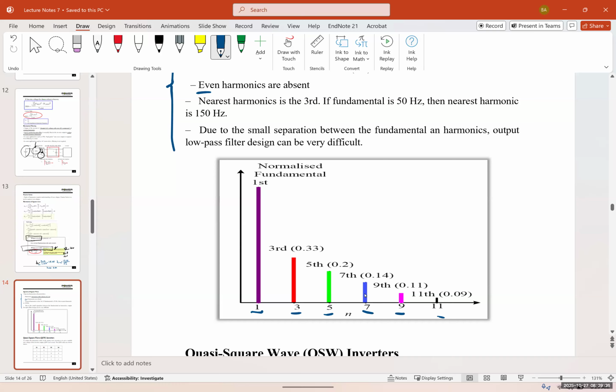And you can see that the higher the harmonics, the amplitude drops and the frequency goes up. So the third harmonic is 1/3 of the original, the fifth harmonic is 1/5, the seventh harmonic is 1/7, and so on. And the frequency for the third harmonic is 3 times the fundamental frequency. I'm going to call it F1. So this is 3 times, this is 5 times, this is 7 times,